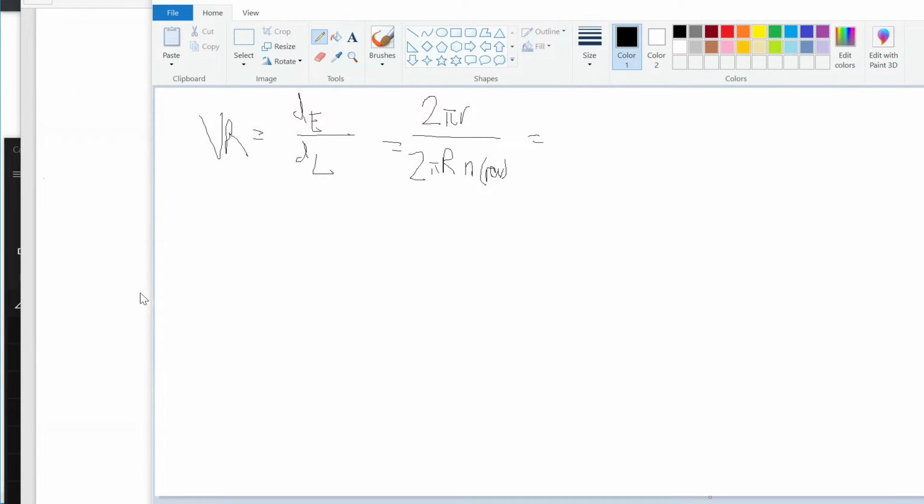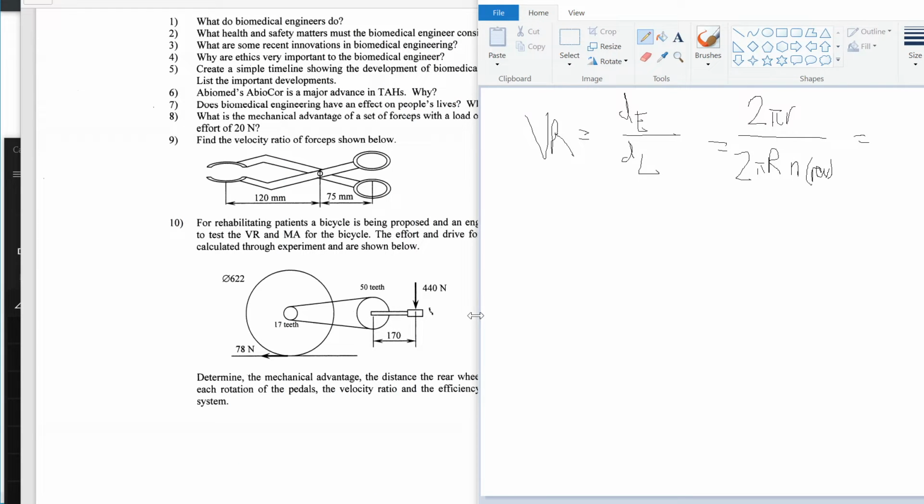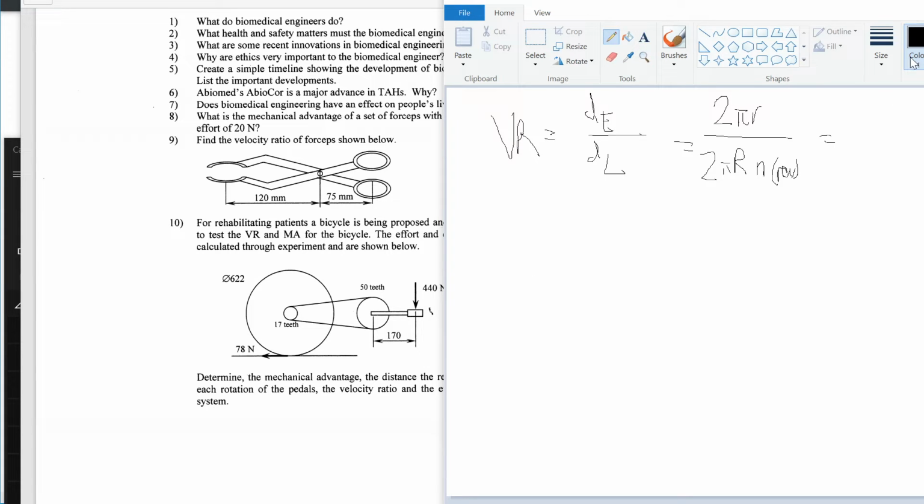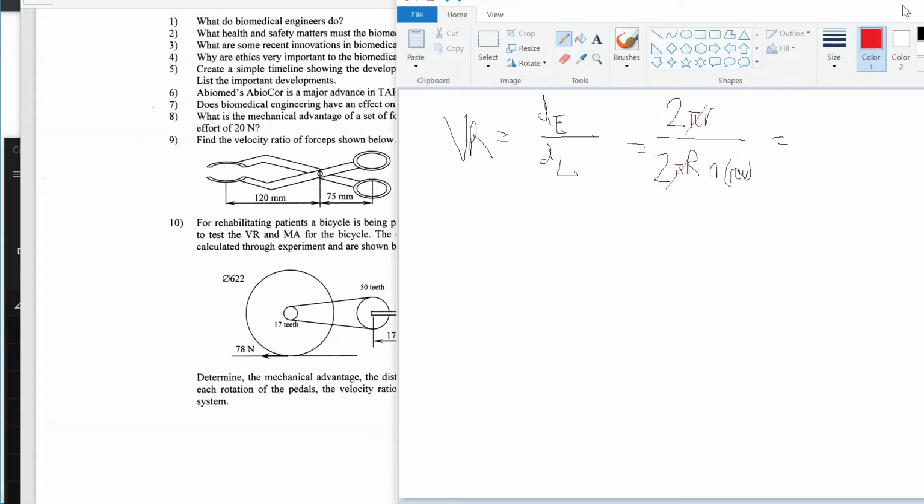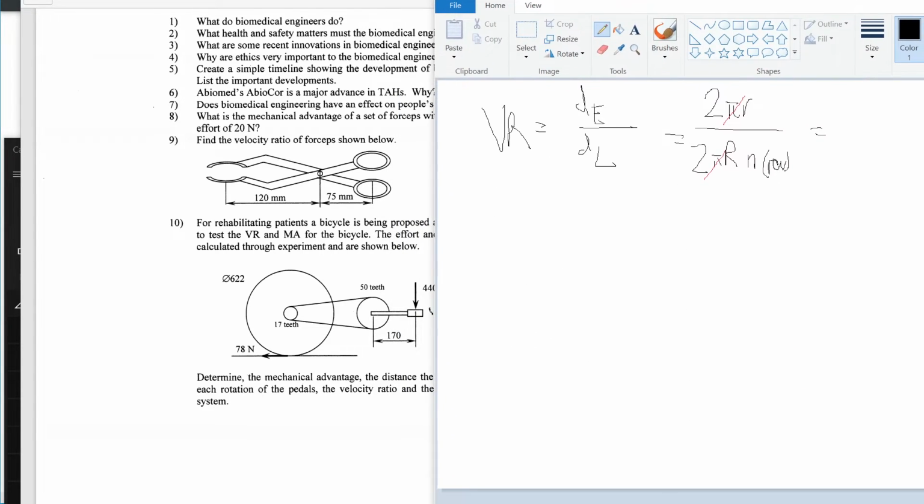Okay, so what are the distances here? The nrev, we'll get to that. Okay, so what we're going to do, I'm just going to cross out pi because I don't like you, pi. You're irrational. And I need the 2. The reason for that is because they haven't given us the radius here. They've given us diameter. So what we're going to say now is we've got 2 times